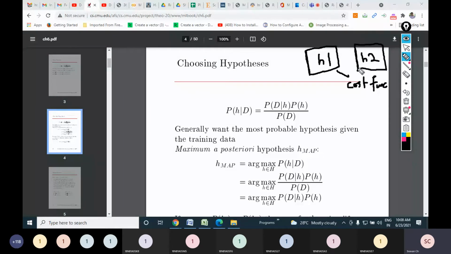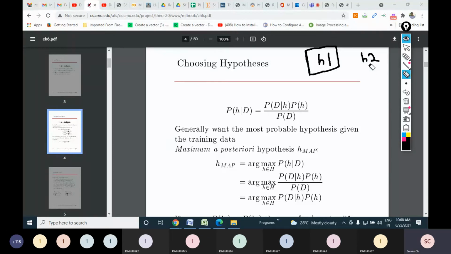For both, I will write the cost functions. Then I'll try to minimize H1, and I try to minimize H2. Finally, out of H1 and H2, the one which is giving me the least possible cost, that particular hypothesis I can select. That is one option which we already know, and that option is fairly good enough and it can be used.